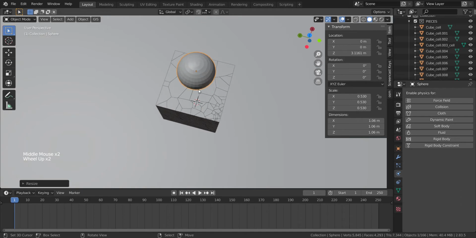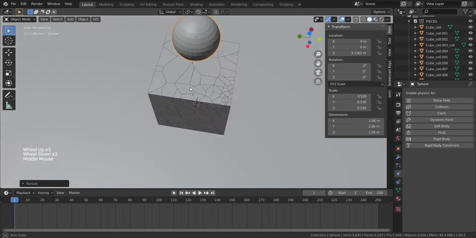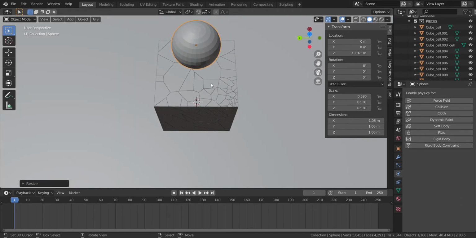Now adjust the cube on the one edge on which you want to break your cube.